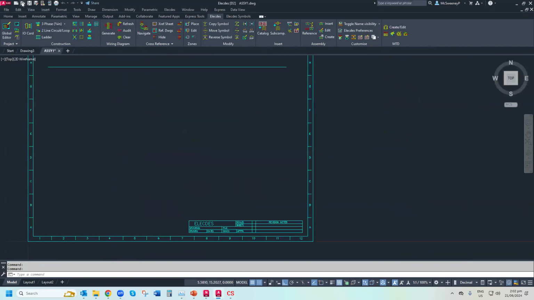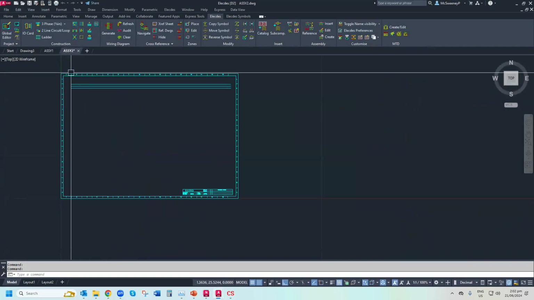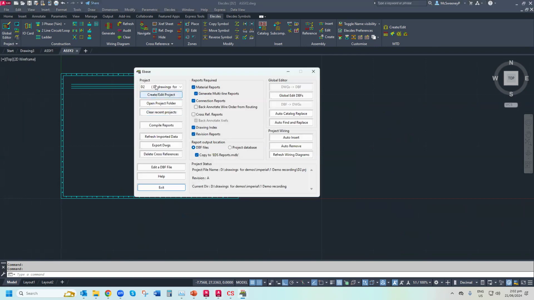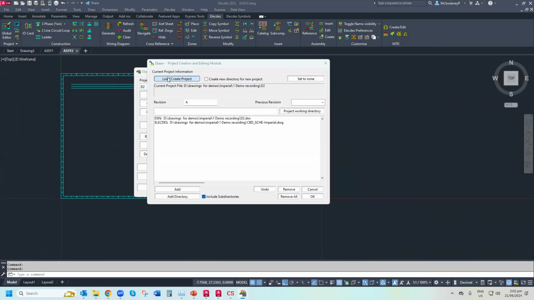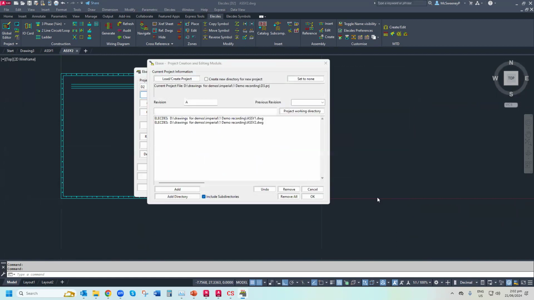SE1, which is just a single horizontal line, and SE2, which is a single 3-phase line. Now, the other thing is, again, it's worthwhile pointing out, everything I do inside the CAD session can also be done outside, including eBase. I've got a project with these little drawings defined, D3, go into that, and there's my two drawings. So it's got to know what to look at. Go OK to that,